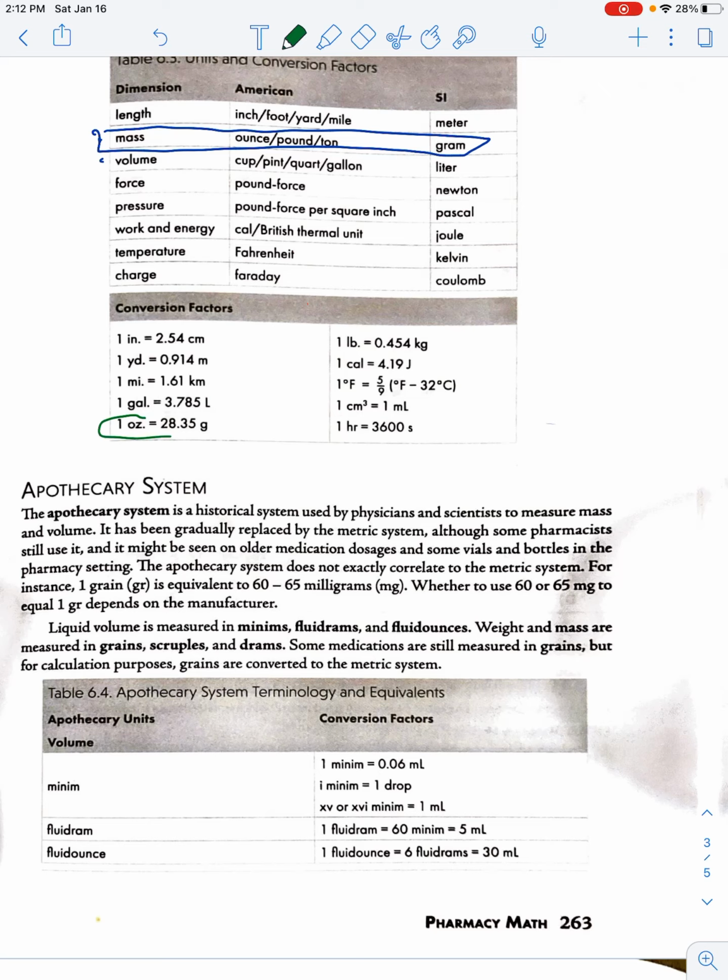So 1 ounce is 28.35 grams. It's just like you remember that one day is 24 hours. You know that 1 week is 7 days. You don't even have to think about it really too much. You know that conversion factor. If someone said,